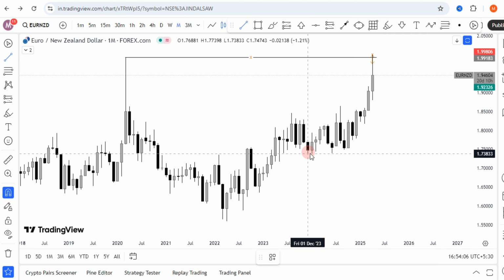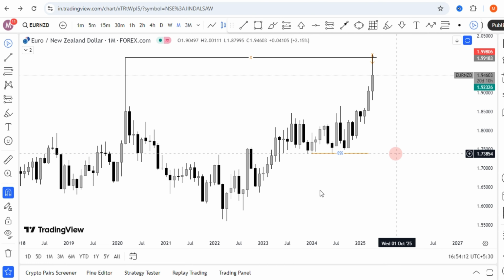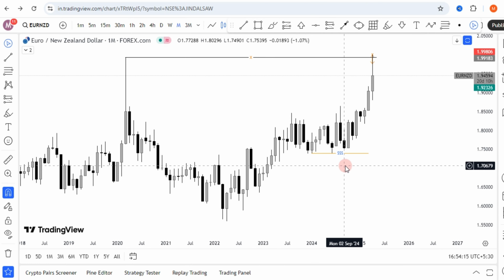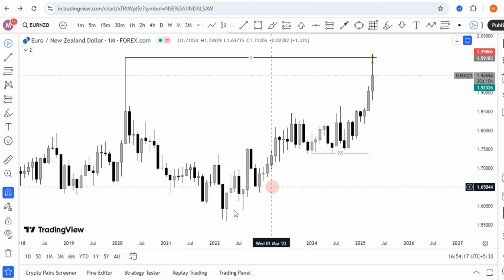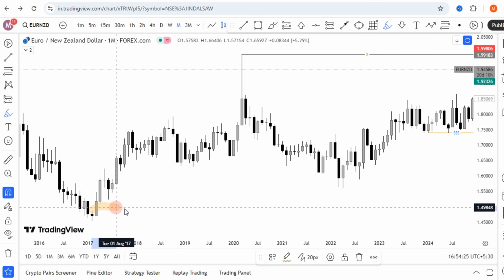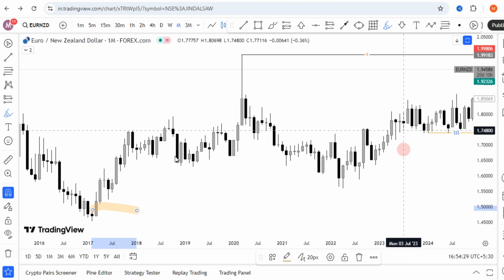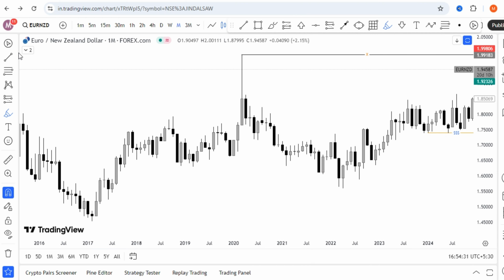This is my view. I don't know whether the market will respect this view or not, but I'll mark it as liquidity. So yeah, you can see it's a whole liquidity here. And there is no order block downside, unless this. If you see here, we have an FVG. One FVG is here, and there is no FVG above. So the ultimate target would be this.